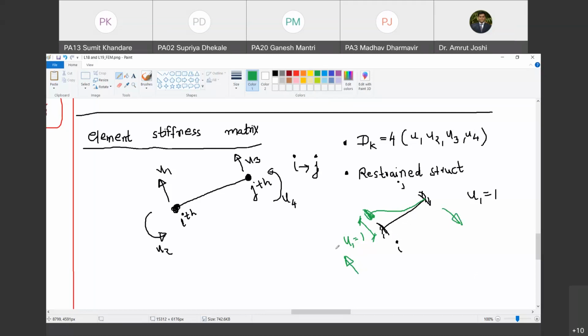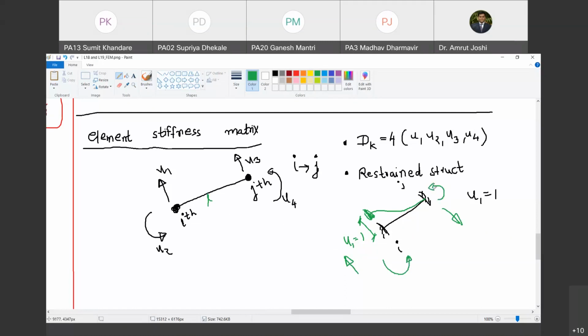Yes, sir. These two forces, which are equal and opposite in nature but separated by the length of the member, produce a couple moment in which direction? Clockwise or anti-clockwise? Tell me. Clockwise. So consequently, the reactionary moments here must be anti-clockwise. Do you agree with me?